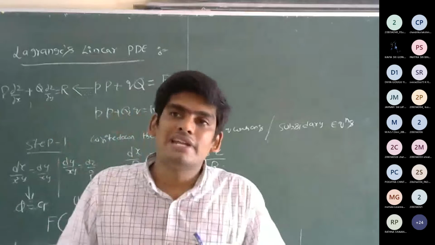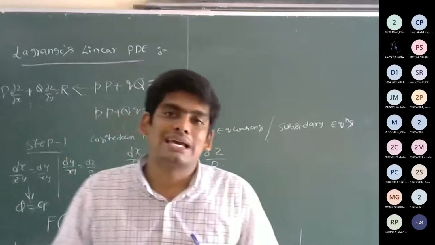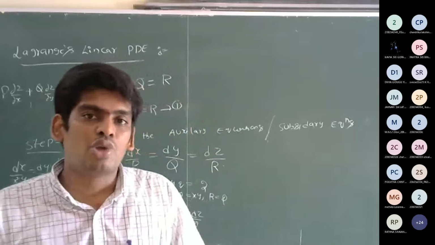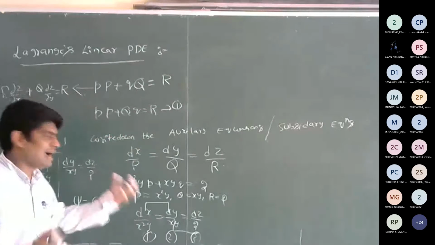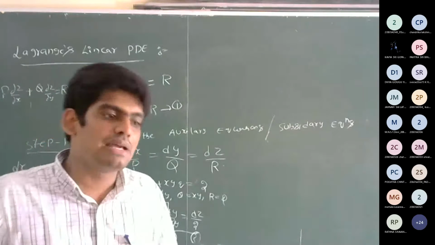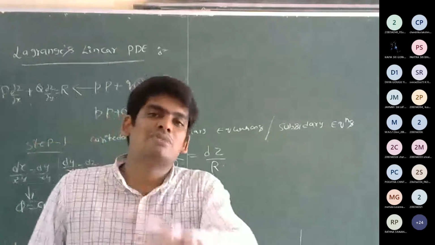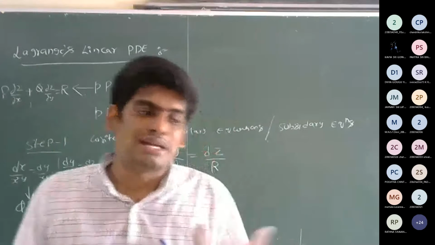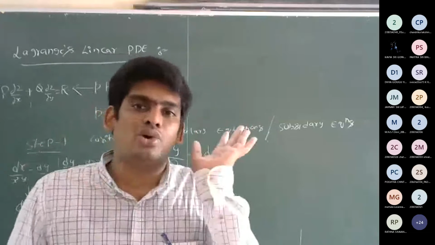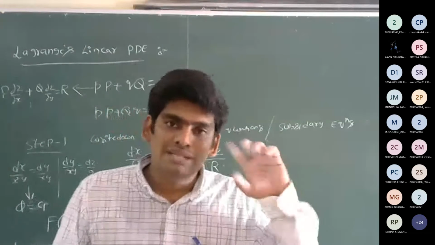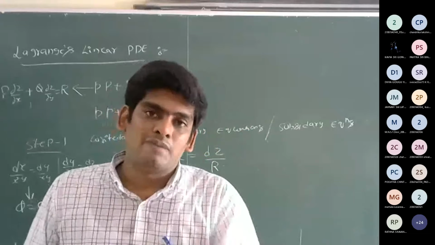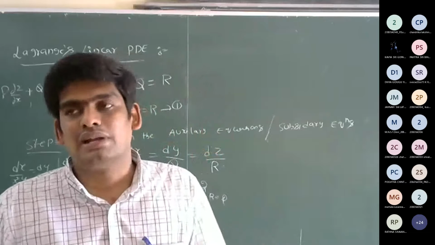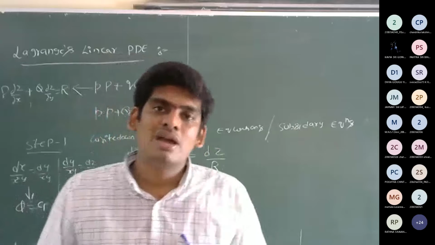So that is called the final solution of the given PDE by using Lagrange's method, and the method is the method of grouping, by taking any two combinations. The important thing is that the solutions must be distinct. You don't need to worry about that, because based on your thinking, you will take the fractions, the expressions. Then we apply the variable separation method and simplify. Then you will get the final answer.